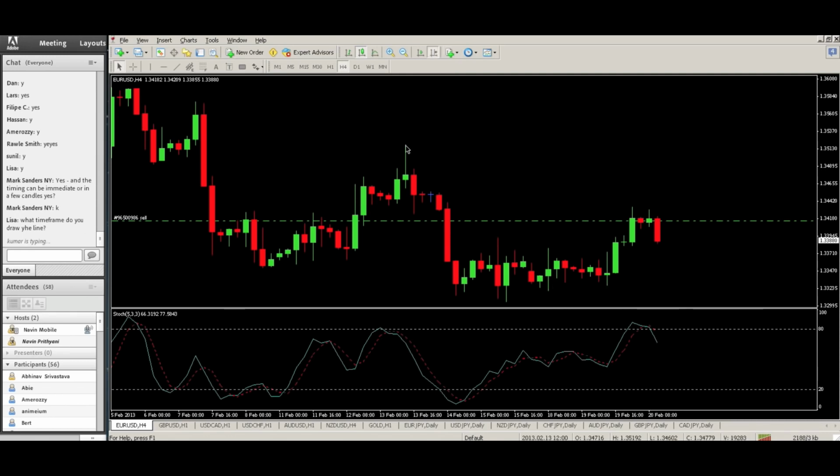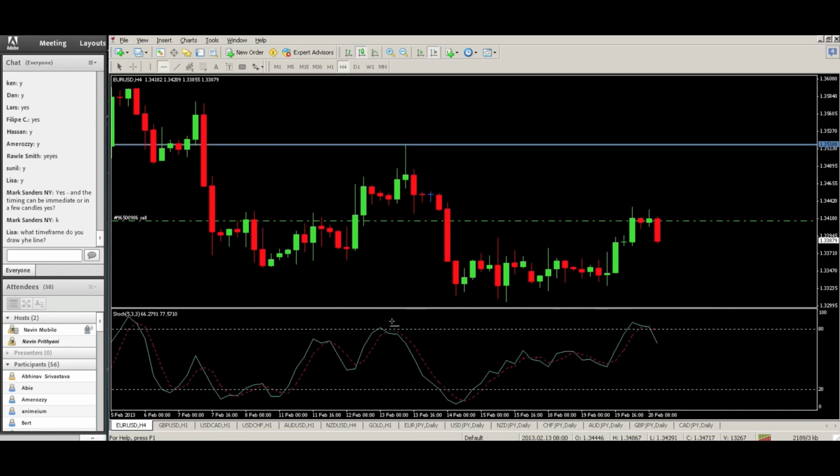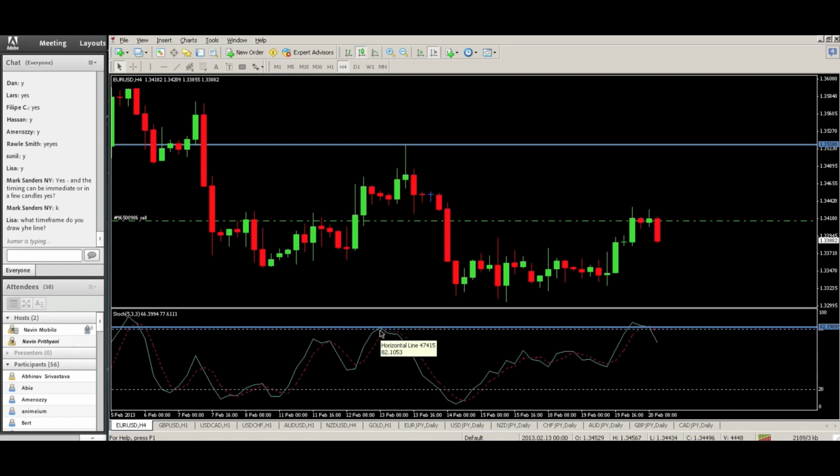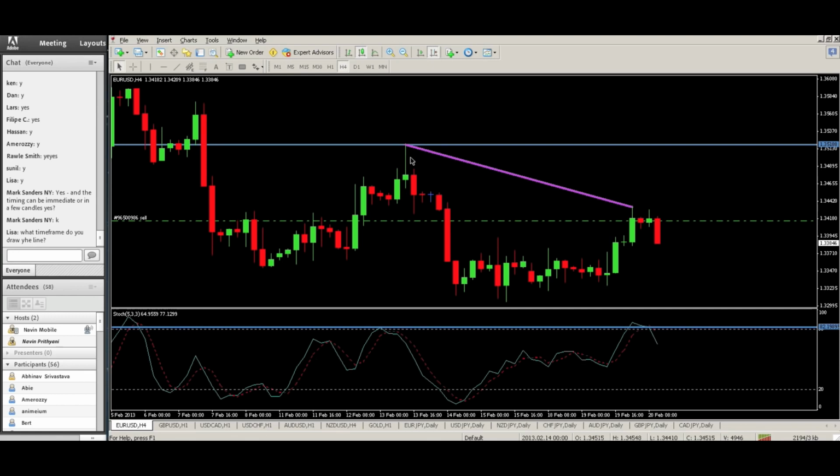We have a high here. We mark our high. We have a high here. We mark our high. Price is going down as it's coming upwards. Price is coming upwards. Indicator comes up. We have a breach. Now, we have a breach on the indicator, but we don't have a breach on our price. What we're going to do is, since we're going upwards, we're going to draw our tops from here to at that point was here. We're going to do the same with our tops here, from here to this area. Does that look like opposite to you?